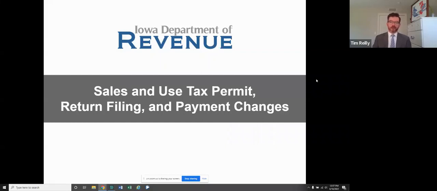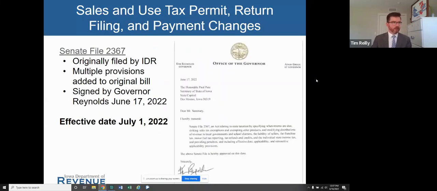So that covers the law specifically as it pertains to materials, labor, types of projects, and types of entities engaging in construction contracts. I want to shift gears a little bit and talk about how some of these things should be reported on a return, and what types of permits are required, because there was a law change this year.